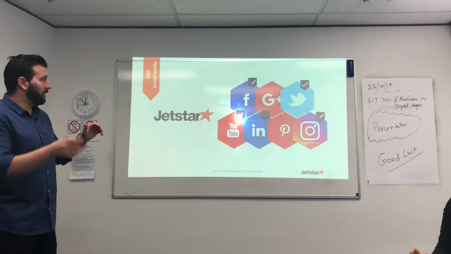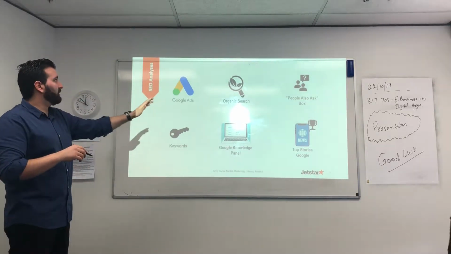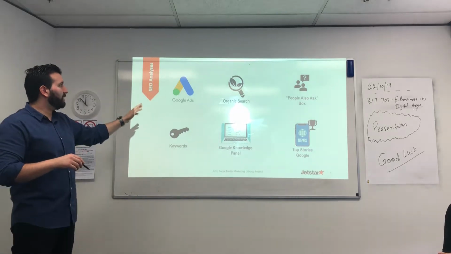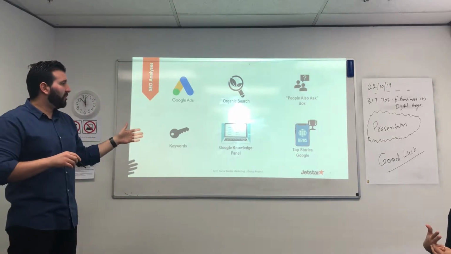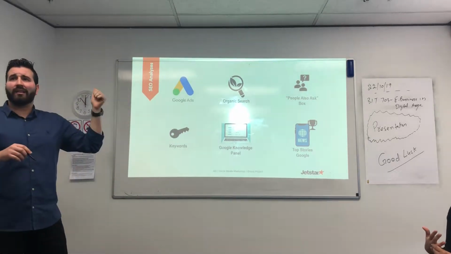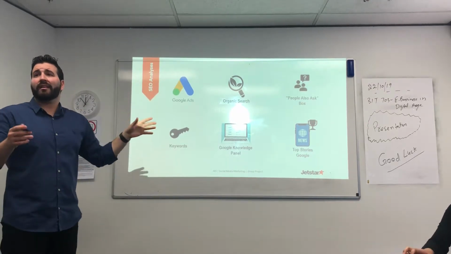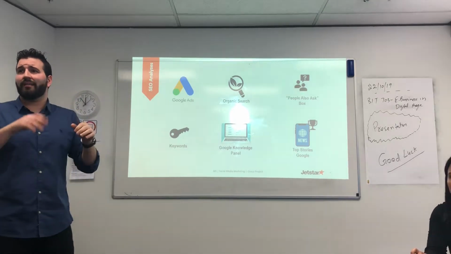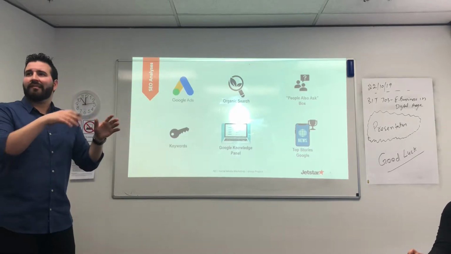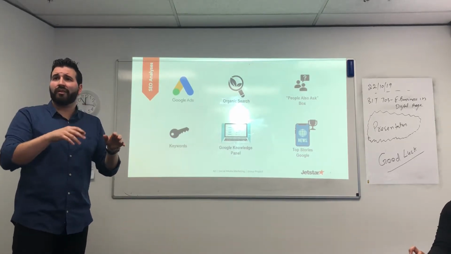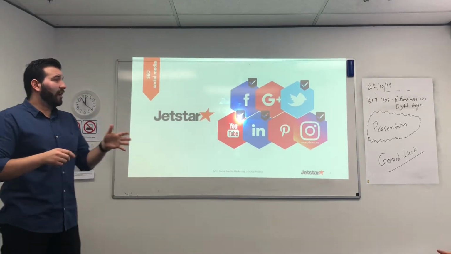So from the previous one, we covered all of those features. For example, we covered Google Ads, organic search, people also ask, keywords, Google Knowledge Panel, and top stories. On that Google page, we couldn't see top stories there, maybe because there is nothing related to Jetstar going on right now. But from time to time, when there is some news about the company or the industry, you can find it in Google's top stories. Alright? And then how can Jetstar use